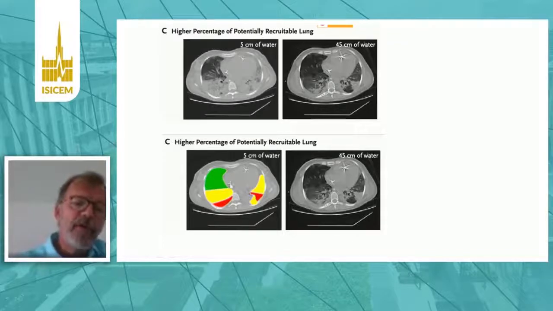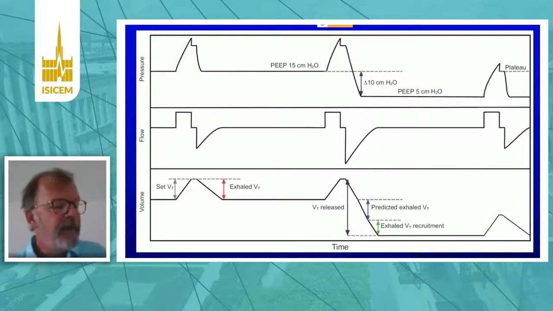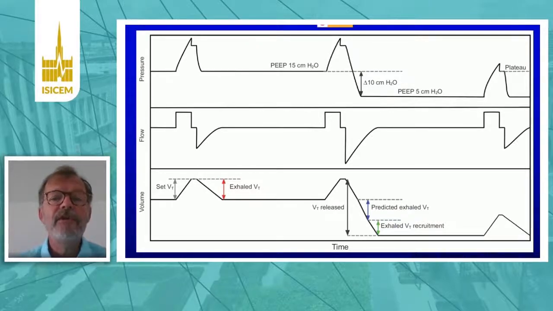Very briefly, the principle, if we go back to this recruitable lung, is to try to measure the distribution of volume into the green part, which is the recruitable, the open lung at baseline. So this is a baby lung, and the yellow part, which is the recruitable lung. The red part is, of course, the part which is not recruitable. And for that, we do a very simple maneuver, which is a ventilation with volume control, where we drop the PEEP from 15 to 5 in one breath, so the delta pressure is 10, and we measure the exhaled volume at the next